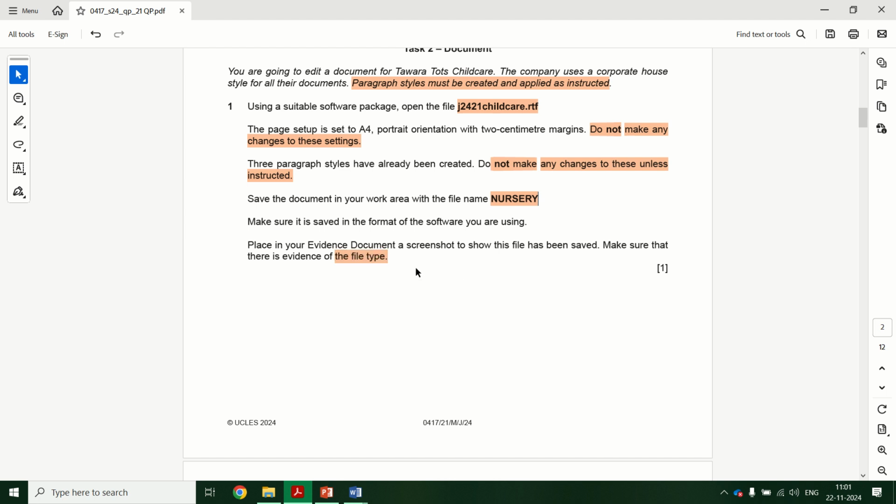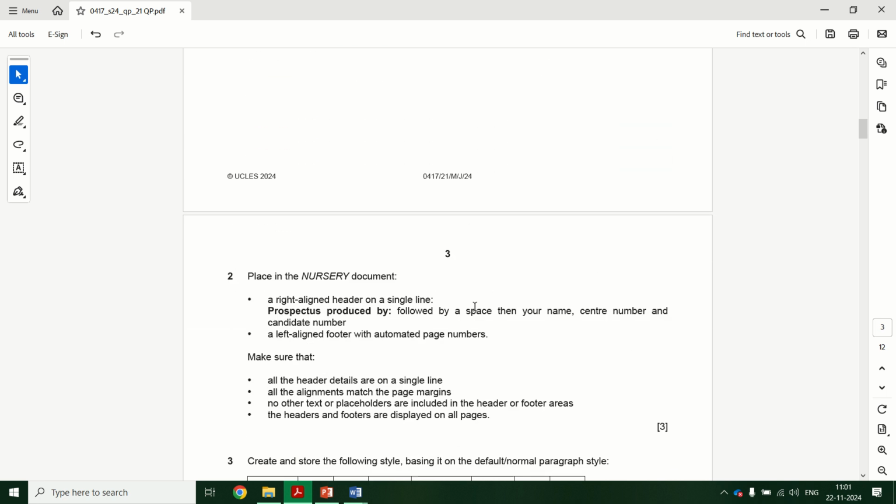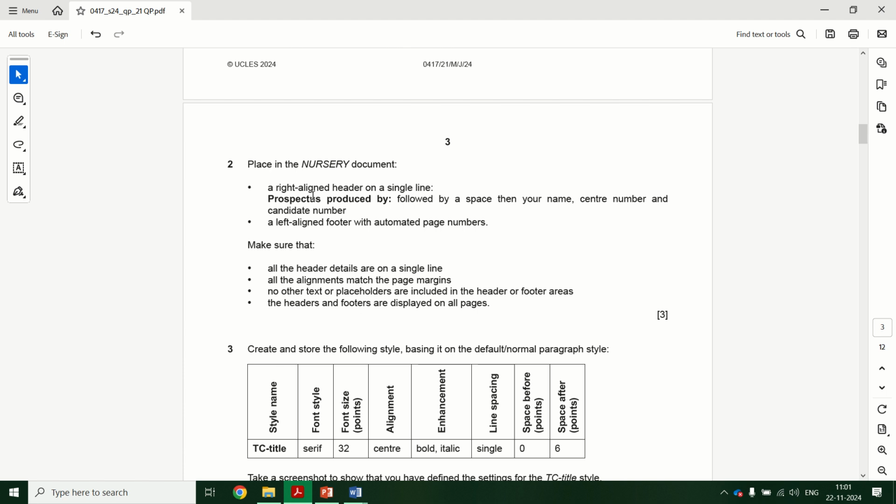Okay, question 2. Place in the nursery document a right aligned header on a single line, so it can't be in two lines. It will say prospectus produced by and a colon, and then it will be your space, name, center number, and candidate number. And then also in the footer, left aligned automated page numbers. Let's see, so top right, right aligned